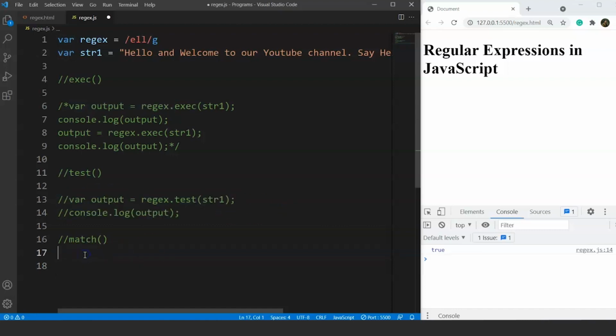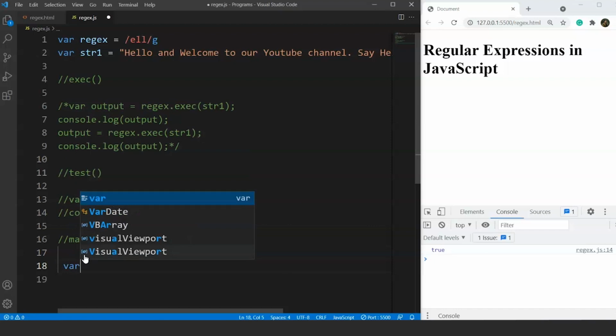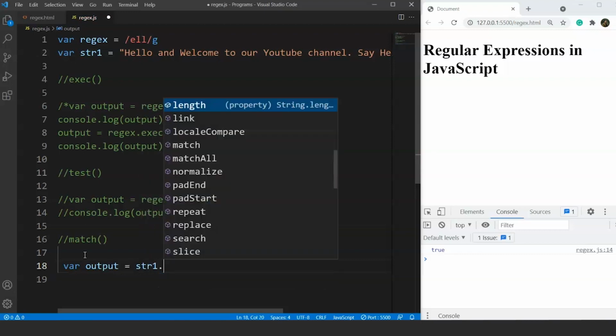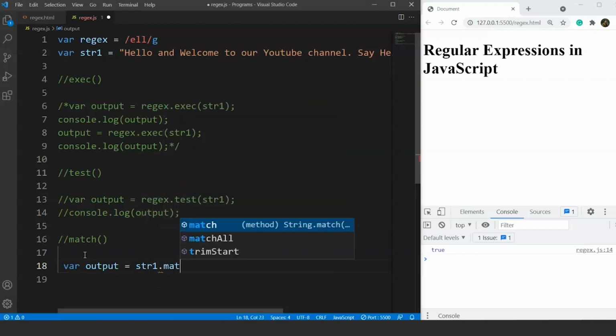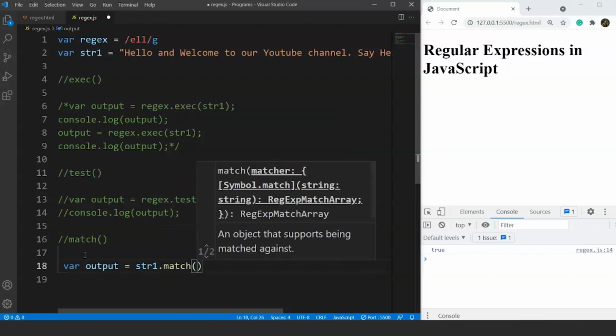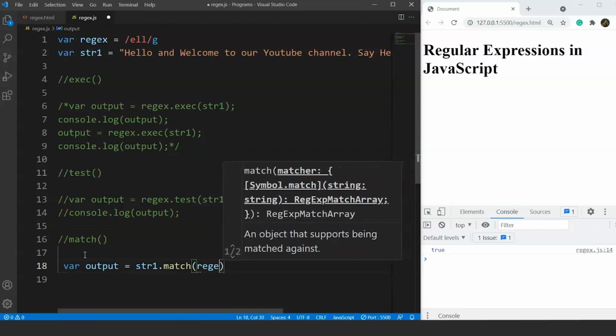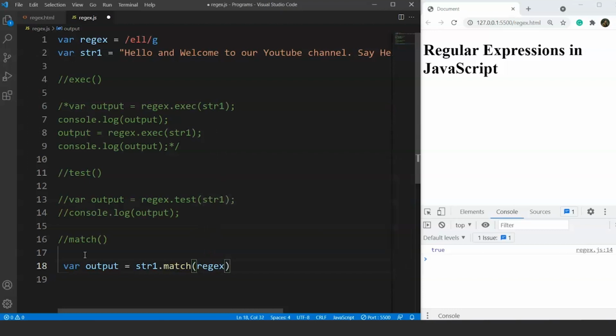So we'll use the output variable again. We'll write here output, and instead of regex we'll use it with the string. So we'll write here str1.match, and the variable name will be passed as a parameter. Fine. So this is how the syntax for the match function looks like.